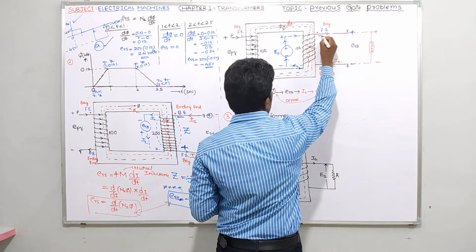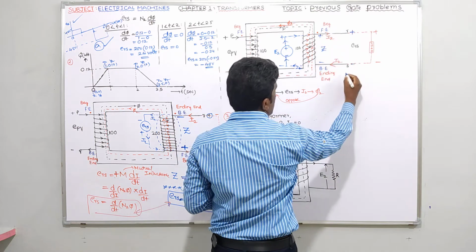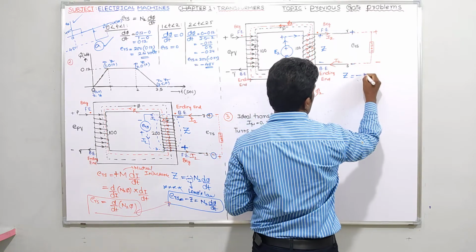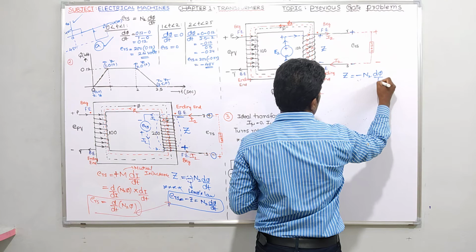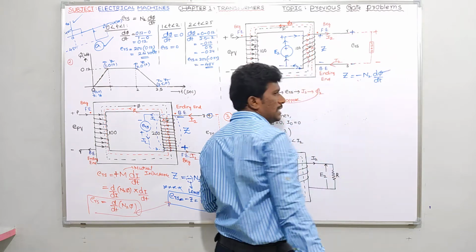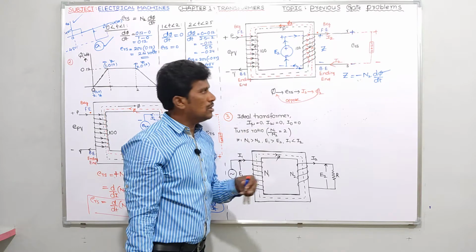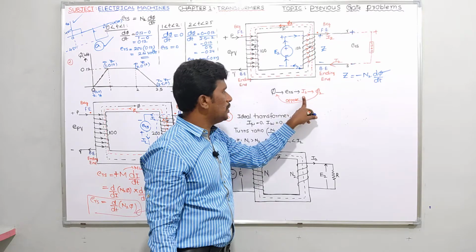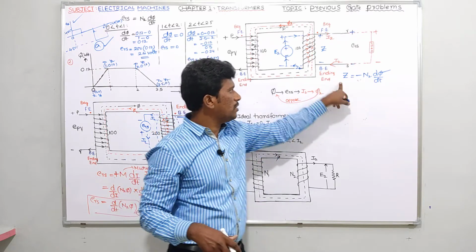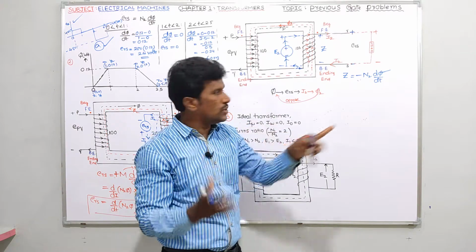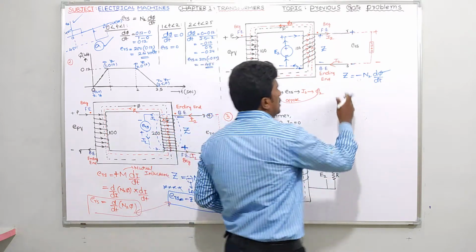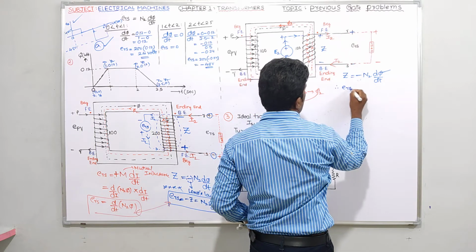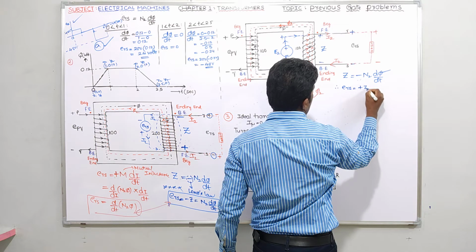Suppose you assume this voltage plus, minus, as Z. What is the formula for Z? Z is minus N2 d phi by dt. Why? Because of this flux you get an EMF, and because of this EMF you get some current I2. Because of that current I2 you get some flux phi2. That phi2 opposes your flux phi. To show that opposition we write this minus symbol. That's it. Now, with plus and minus here and also here, therefore the EMF equals plus Z only. It's not minus Z.